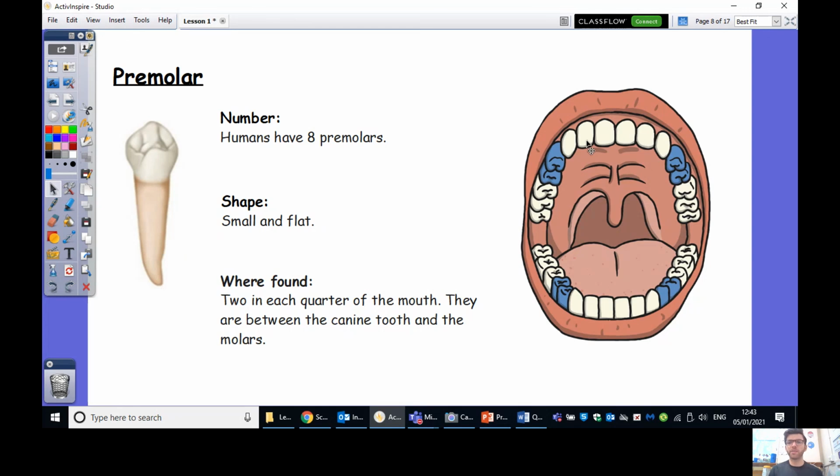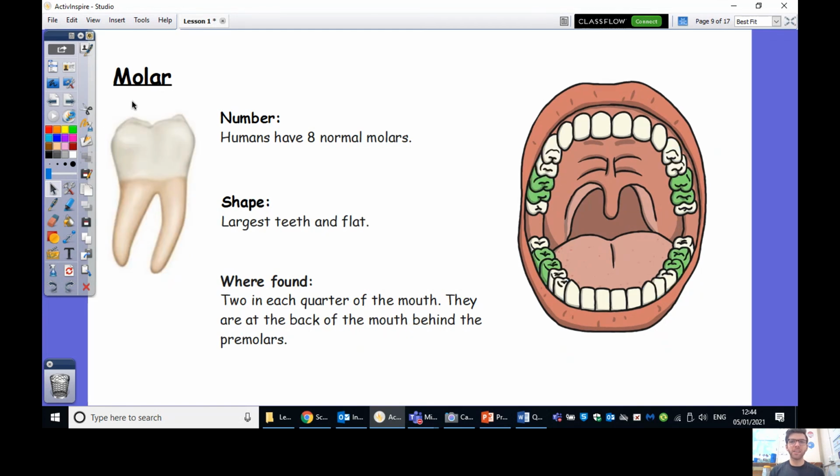So we've done what were these ones at the front called? The incisors. Then we've got the pointy ones just in the corners, called the canines, and then the premolars. Now, if I were to tell you that the prefix, pre, means before. A prefix is the bit of a word that comes at the beginning. What do you think is coming next? If we've got the premolars, or the before molars, next should come the molars.